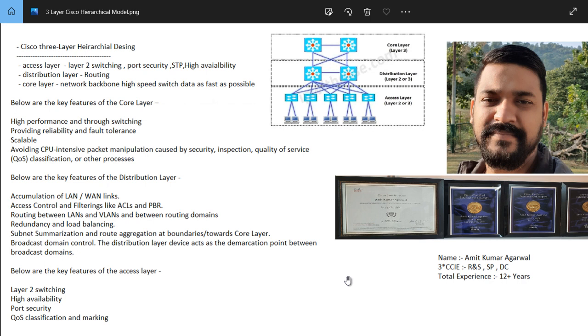Okay, the key features of distribution layer are LAN and WAN. We are configuring policy based routing, access list, filtering, routing between VLANs, redundancy, load balancing, summarization. All things are taken care of by the distribution layer. So you can say the devices which are part of the distribution layer are very busy, so their capacity should be good, and the CPU, memory, all should be checked before the implementation according to your